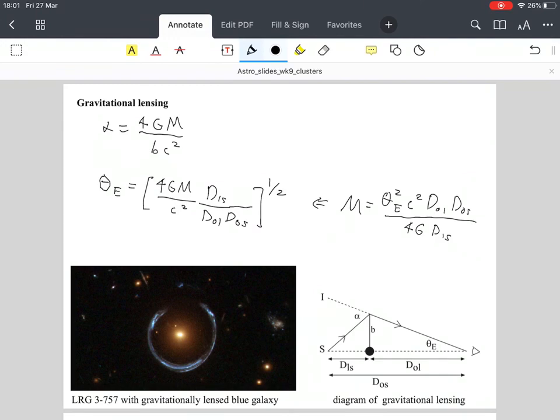And the mass that you get, if it is a cluster, a galaxy cluster, it agrees with what you would get from the velocity dispersion. And once again, the story is that even when you include the intercluster medium, the gas, you still don't have enough mass that you can see in the gas and in the galaxy